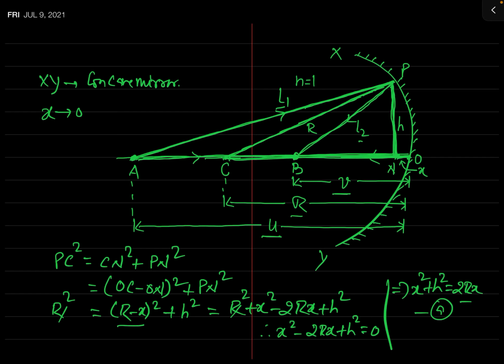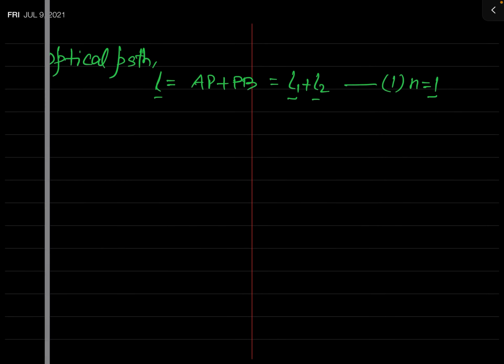Now from the geometry of the figure, we will actually find the value of this AP or L1. So see this figure, because I will write its expression in another page. So see this figure seriously here. In fact, this AP square from the geometry of the figure will be simply equal to AN square plus PN square. And AN, you can see, will be equal to U minus X. So write it in another page. So see here.